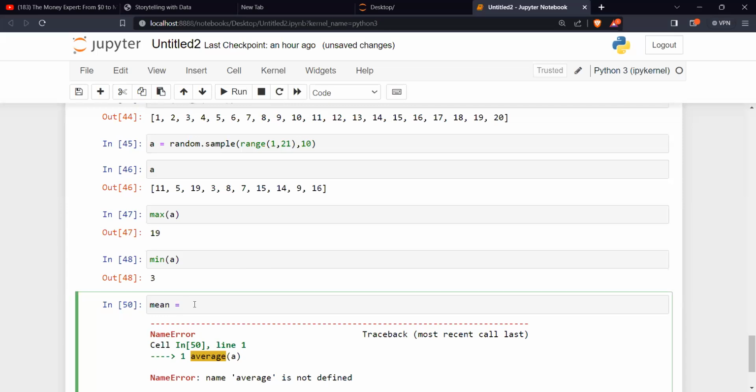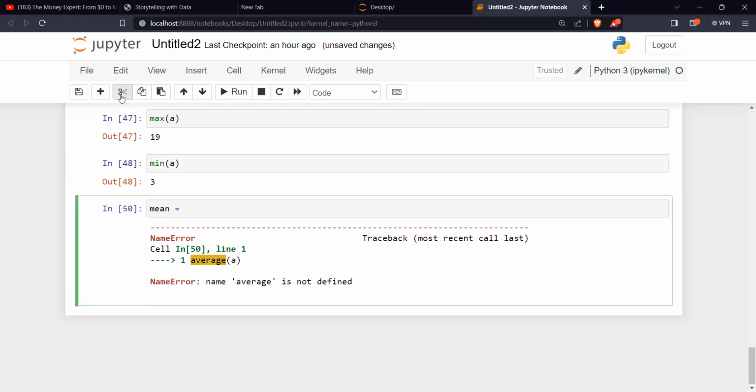The sum of all the numbers, sum of A, divided by the count, the number of numbers within A. Look at it now.